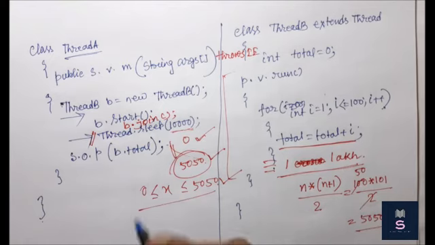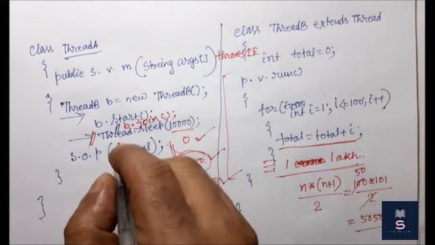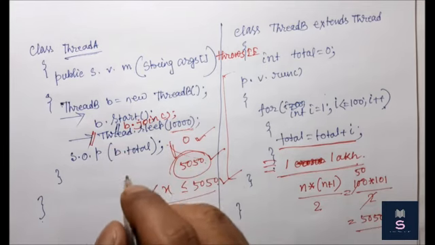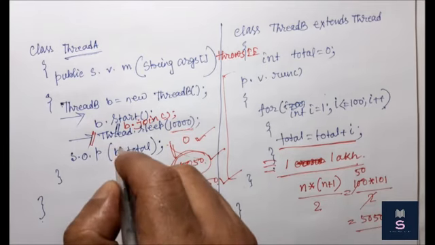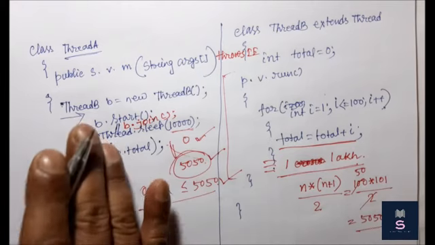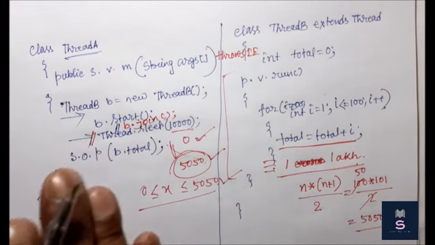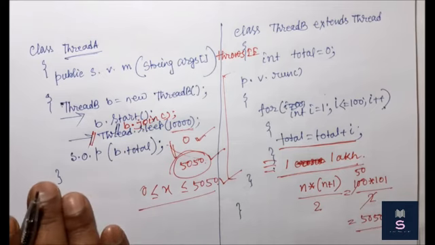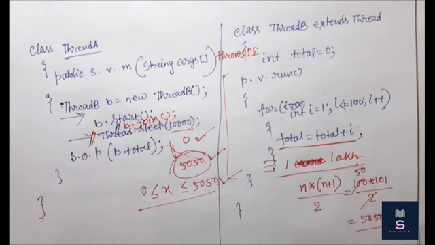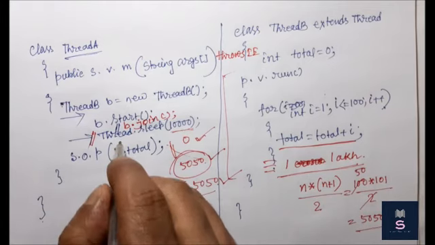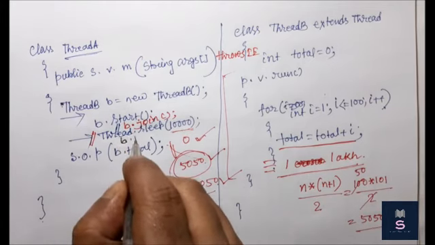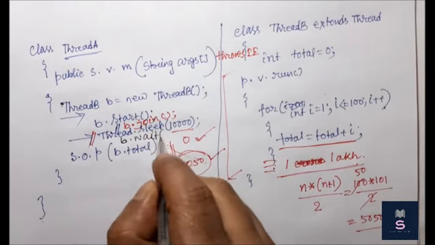So what is the alternative solution? Let me comment this line also. Now suppose I want to use the wait method instead of the join method. Why? Because we already know that the thread which is waiting for an update has to call the wait method. Here the main thread is waiting for the update, so that's why I will call the wait method here, b dot wait, okay.